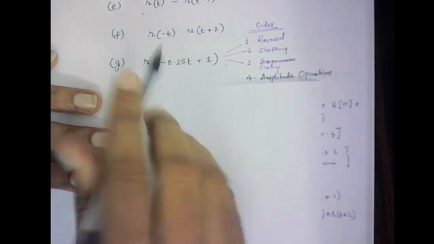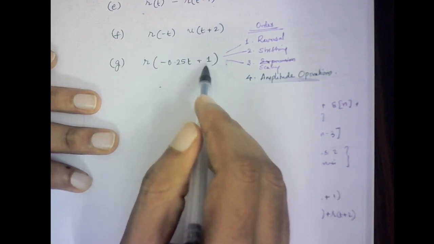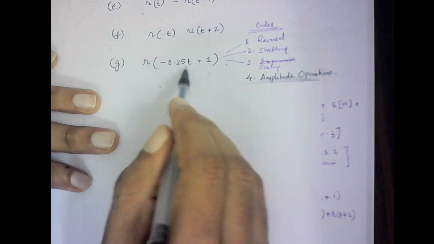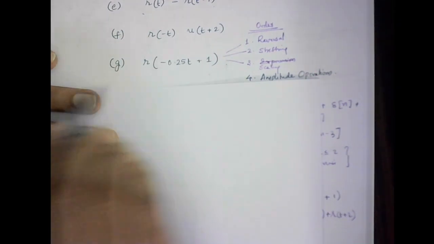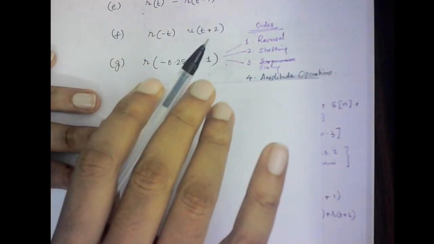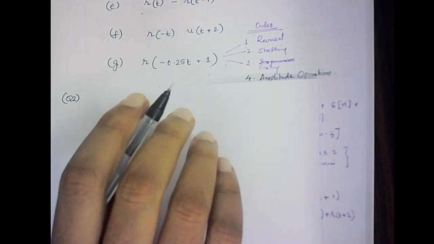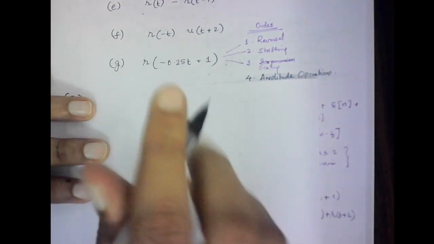Then you do the shifting operation. Since it is a time reverse signal, this is shifting to the right by 1 instant, and then you need to do the scaling operation. That means you need to expand the signal. That is one method. There is another method which is very concrete in understanding, and which is helpful in drawing, is you write out the different values.